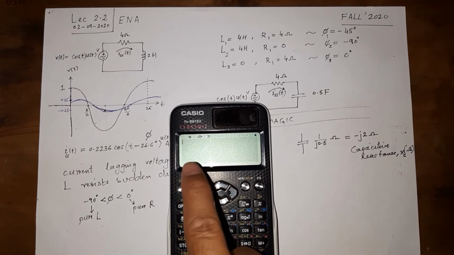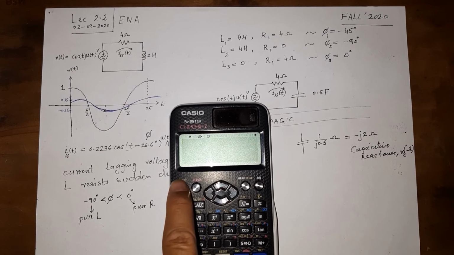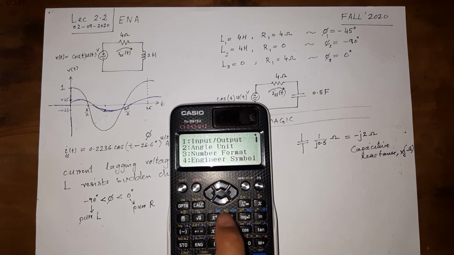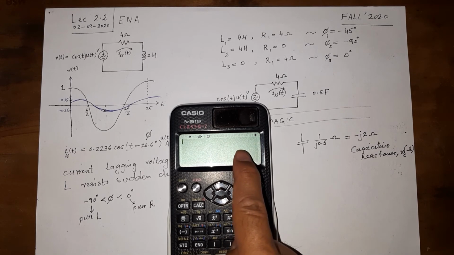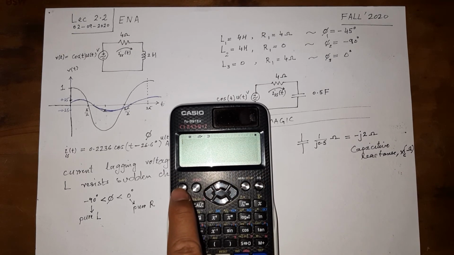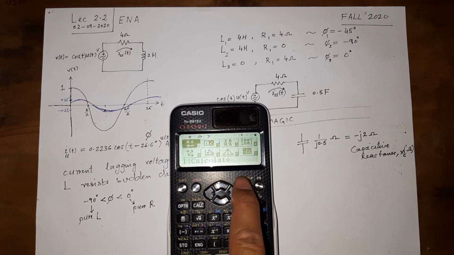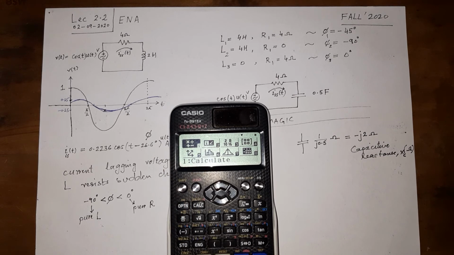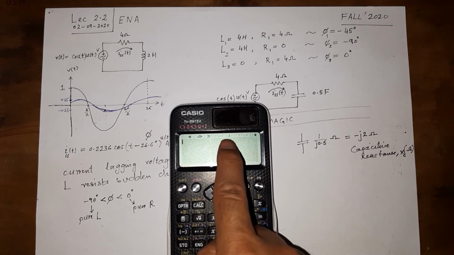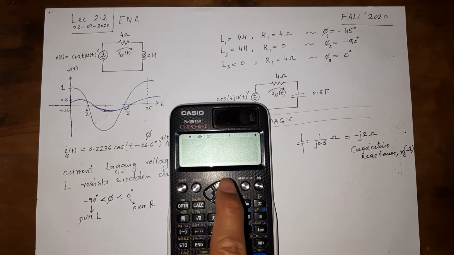So the calculator basically initially is in this mode. When you say shift and setup and you go in the complex and set the rectangular form here, you don't get that I here. For that we have to go in the complex mode, and for that you don't press shift and setup, but setup alone. Now here are the different modes, the addition, subtraction, and here is the complex mode 2. So we select 2. Now that I appears, and the I was already there when I was telling you the last time.